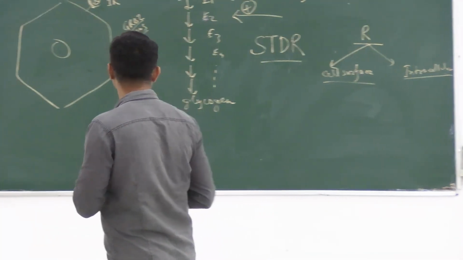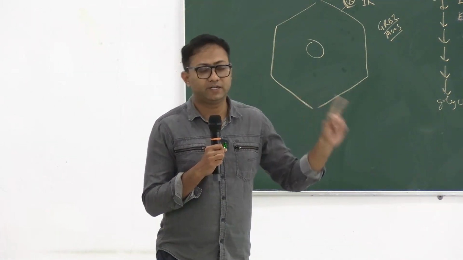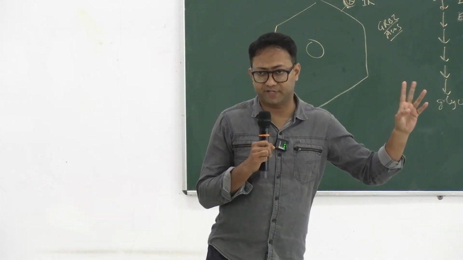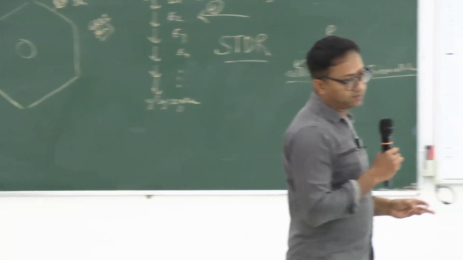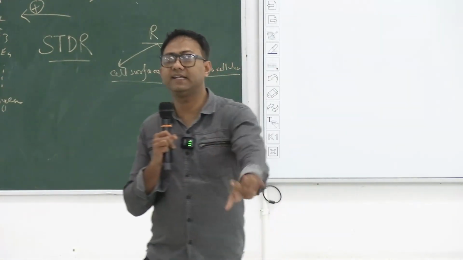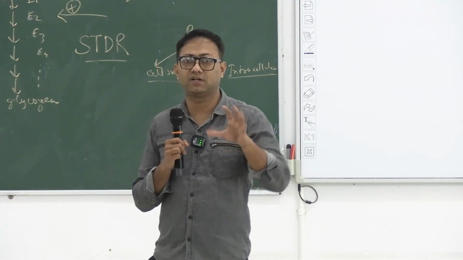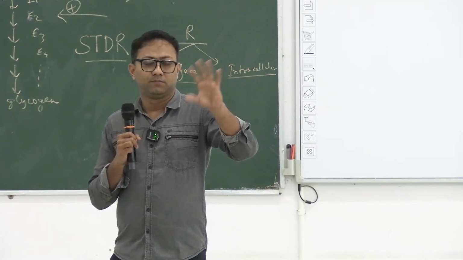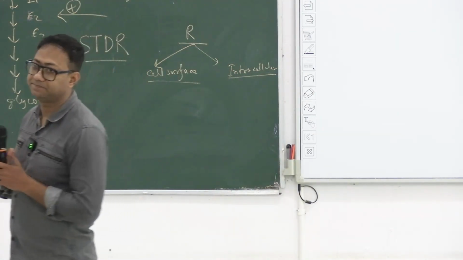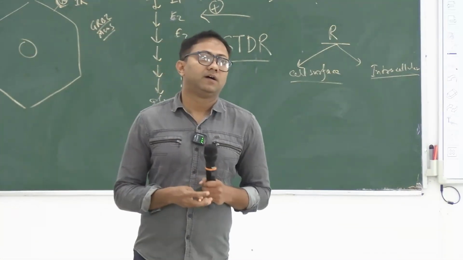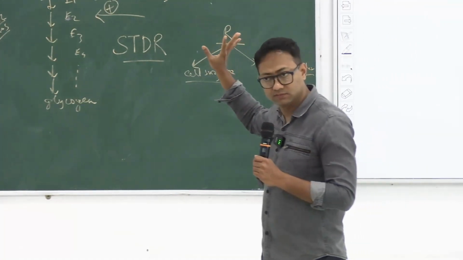Okay. So there are 4 hormones that have got access into the cell, and remember it for your lifetime. STDR: steroid hormone, thyroid hormone, vitamin D and retinoids. जो भी फंक्शन है इनका, they can directly enter into the cell and they can change the velocity of the protein manufacturing factory, right? Okay. Now this part is over.